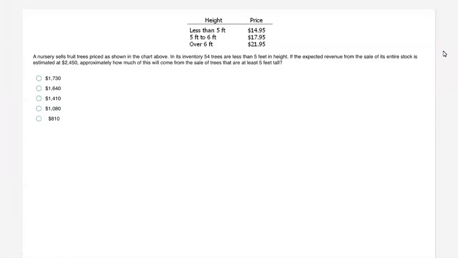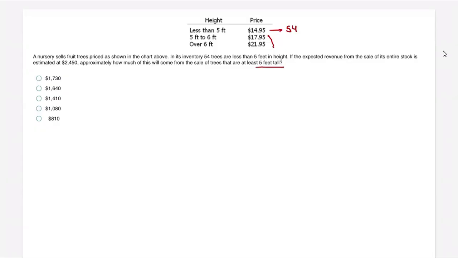In its inventory, 54 trees are less than 5 feet in height. Okay, so here is 54, because here and here is 5 feet or above. 5 feet, sorry. If the expected revenue from the sale of its entire stock is estimated at 2,450, approximately how much of this will come from the sale of trees that are at least 5 feet tall? Okay,